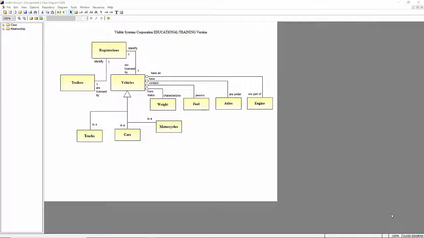Okay, now we're going to begin to add attributes to the classes. Class objects are defined by their data members that can be selected in the Visible Analyst repository. You can enter this sort of information: the name of the attribute, type, the number of occurrences of the attribute or the limit, the reference, which is a qualifier to indicate the access method for an attribute,